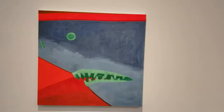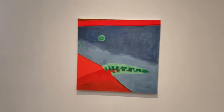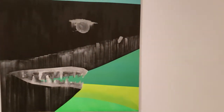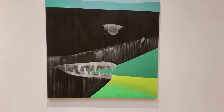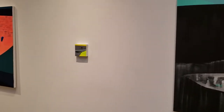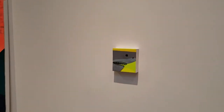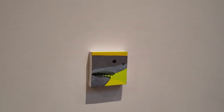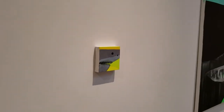So I've been making sharks for two years already. I've made 40, 50 sharks, I believe. I'm really interested in the internet, and shark is sort of my reaction towards the internet and social media especially. So you can sort of consider the show, which I'm really glad I can put all sharks in the gallery, although that's part of my decision. You can sort of consider the sharks as the internet word meme, which is like a topic,